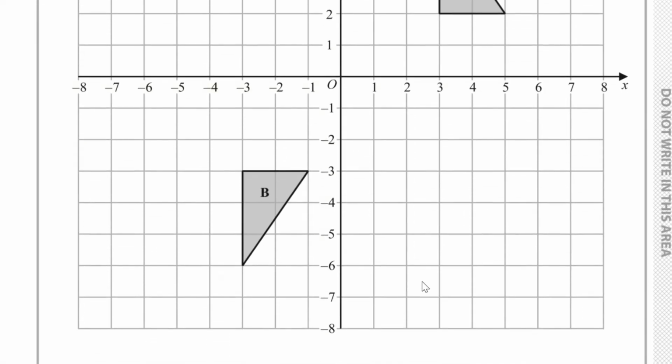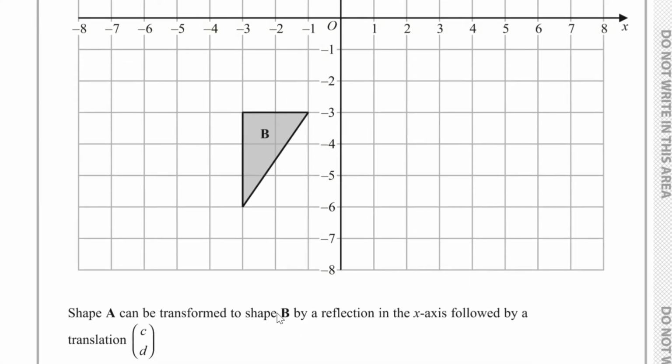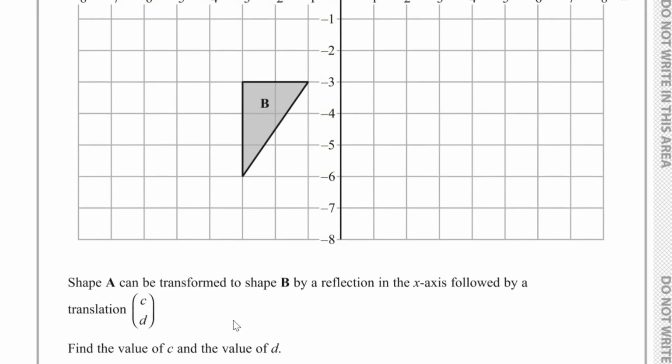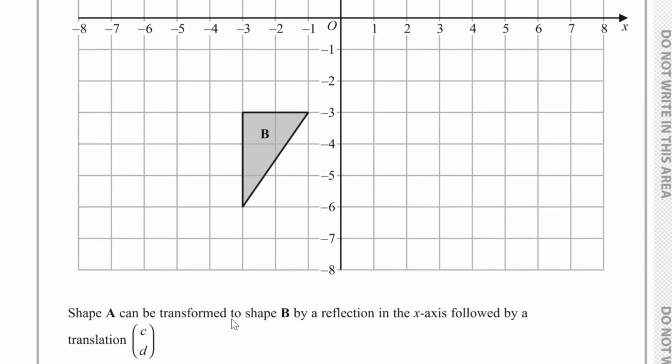Question number 20, we see over here that shape A can be transformed to shape B by a reflection in the x-axis, followed by a translation by vector CD. We have to find the value of C and the value of D. Well, if we deal with the reflection in the x-axis,